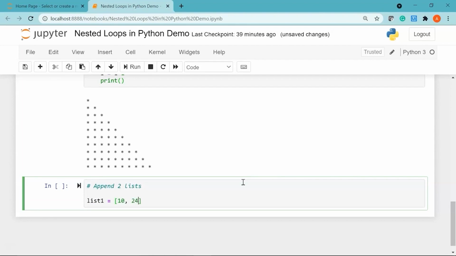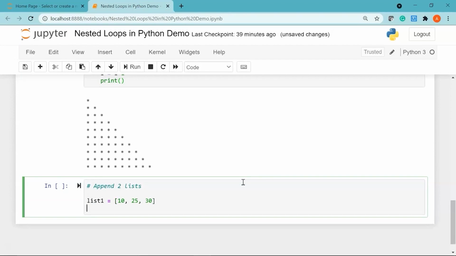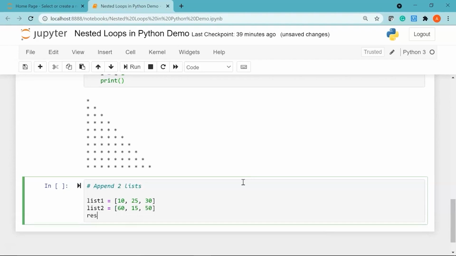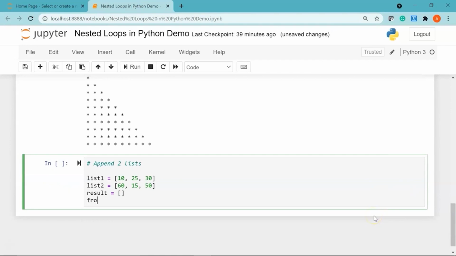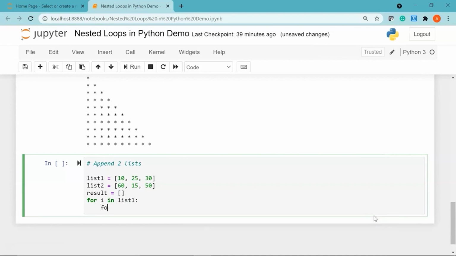Let's say I have 10, 25 and 30 as my elements in the first list, and then I'll declare my second list which will have, let's say, 60, 15 and 50. Okay, now I'll declare an empty list called result, and after that I'm going to start my outer for loop. I'll say for I in my list 1, then I'll say for j in list 2,